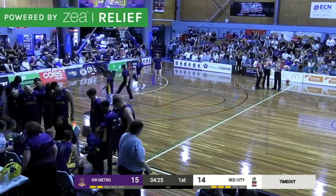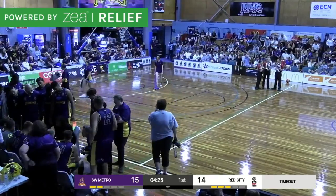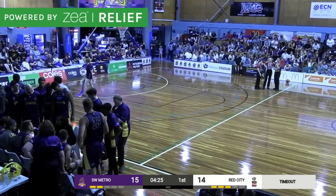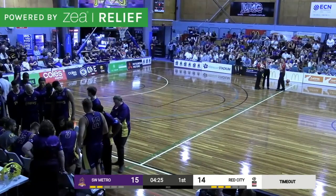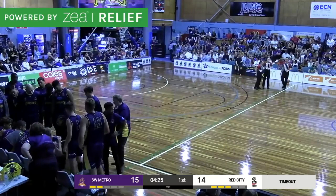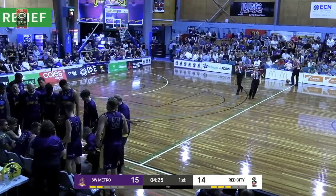Probably, I think the only negative at this stage is he's just got to understand where his shot's going to come from. I'd be saying to him, anytime you get half a lane to the hoop, take it. Because that's where he was really effective last week. And watching his development the last 12 months, coming back from the NBA Academy,